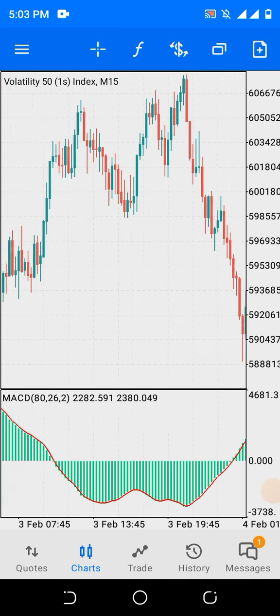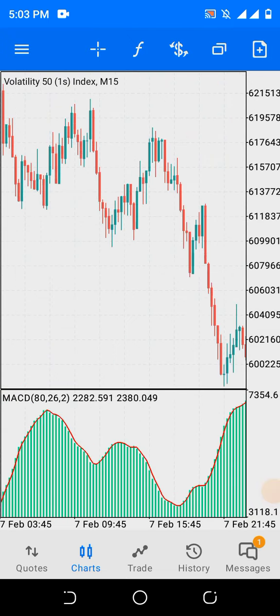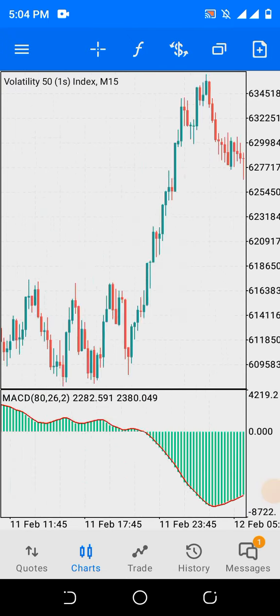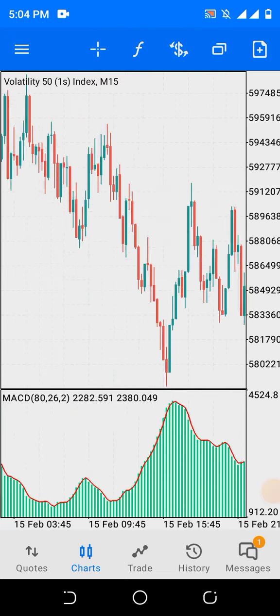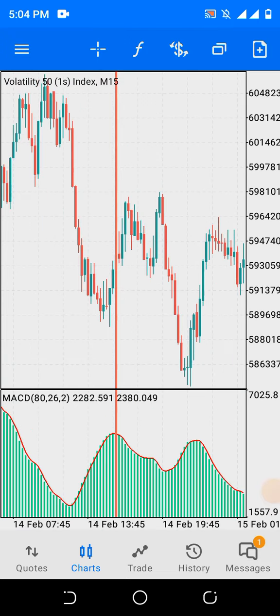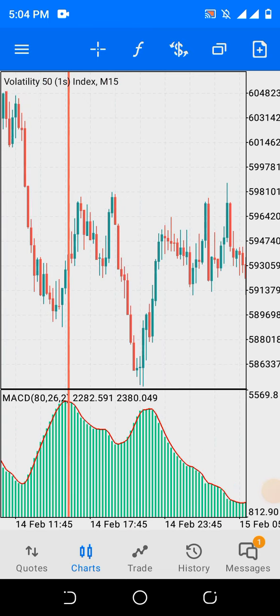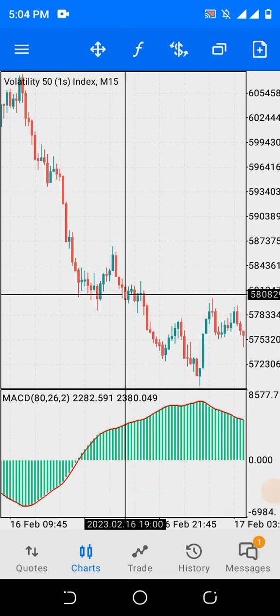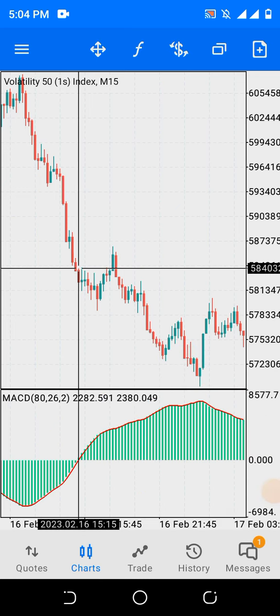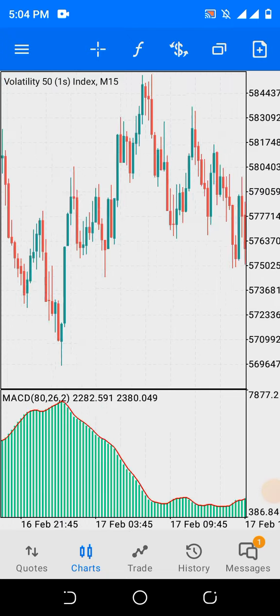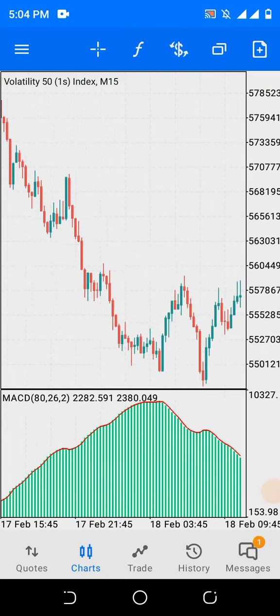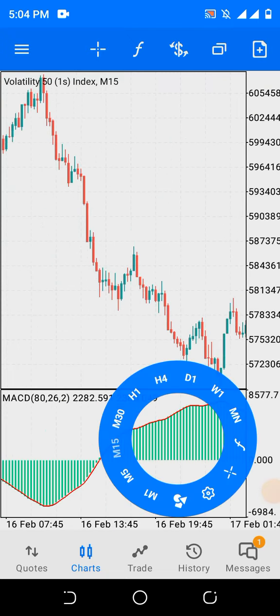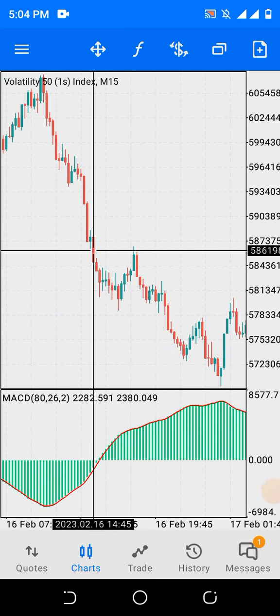Now let's look at how to trade downwards. Let's look at the red line. Here is the bearish trend on the 4-hour time frame. So we look at where the MACD crosses from down upward. Here is our first entry in the 15 minutes time frame. We record the profit and move out. So this is one entry.